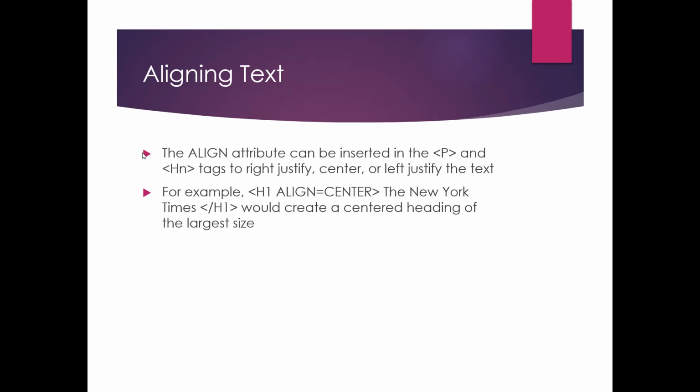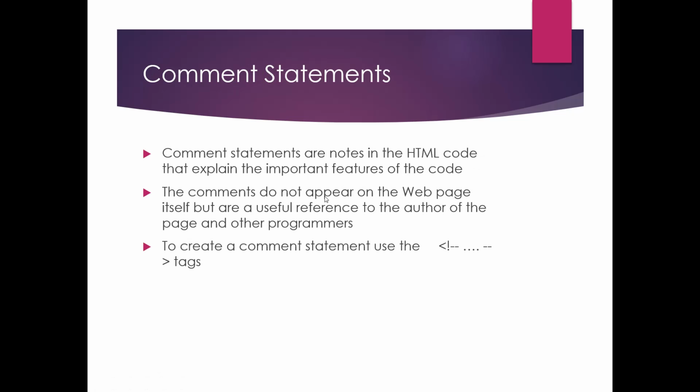Now comes aligning text. Now what is aligning? It basically relates to alignment. So alignment is something like, if you have to write something like the headings, they need to be in the center, so you need to use the center alignment. Like if we are writing something like date or signature, that needs to be on the right, so we can just use right align.